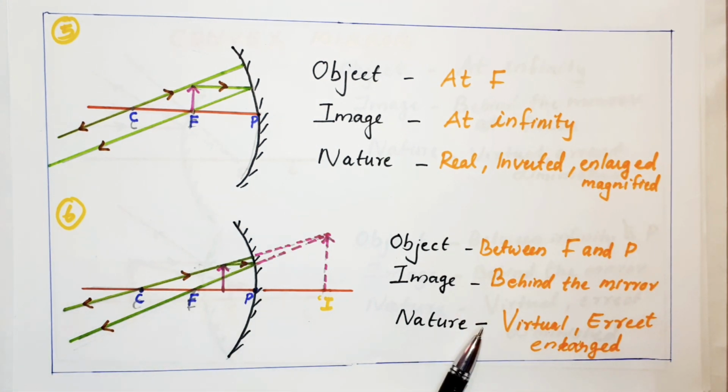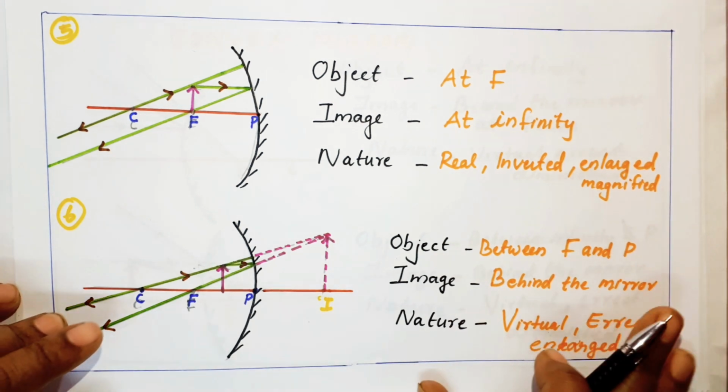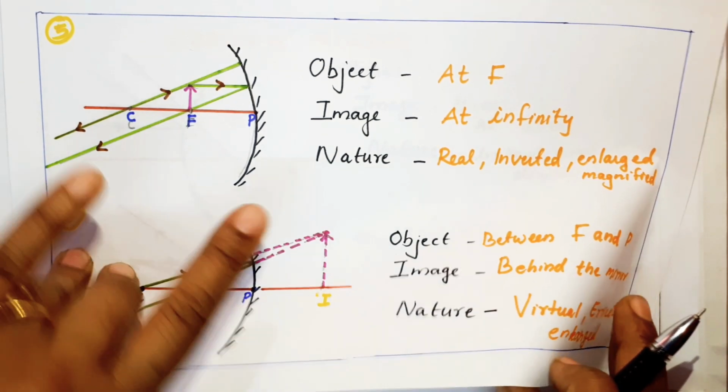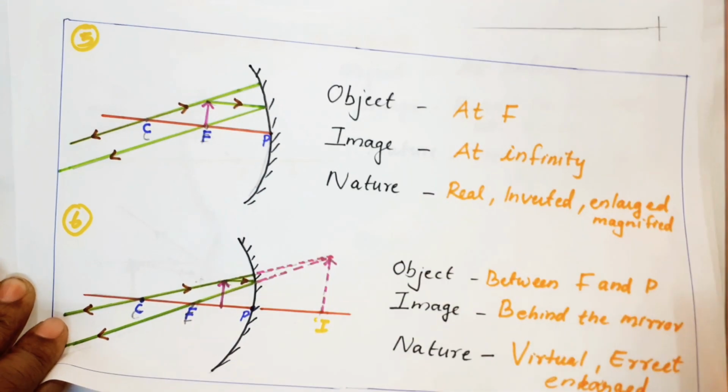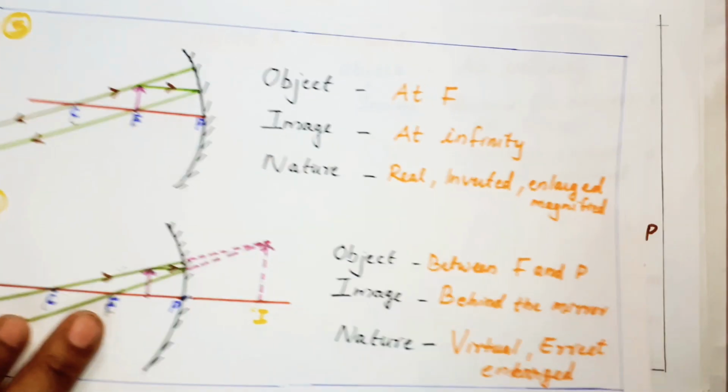In a concave mirror, always remember, they may ask the question: at which point do we get a virtual image? When the object is placed between focus and the pole, we get a virtual image. In a concave mirror, at which point do we get a same size image? It means when the object is at C, we are getting the same size as that of the object. Clear? So there are 6 ray diagrams for the concave mirror. All the diagrams you have to do.